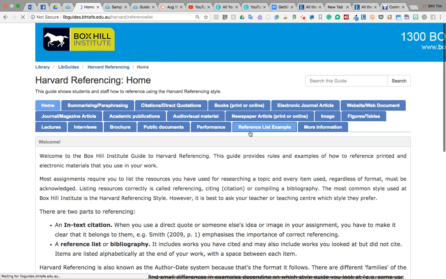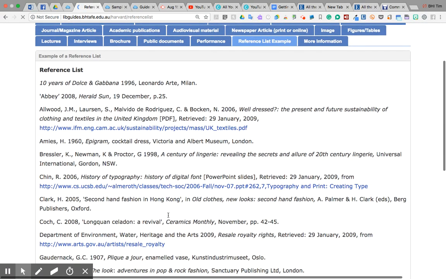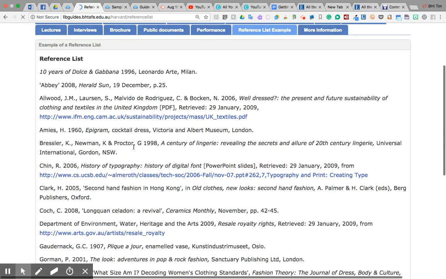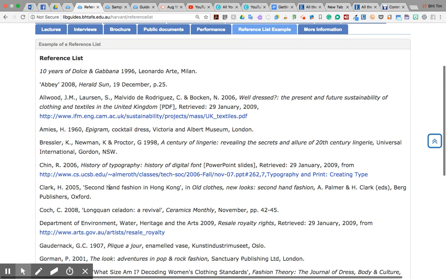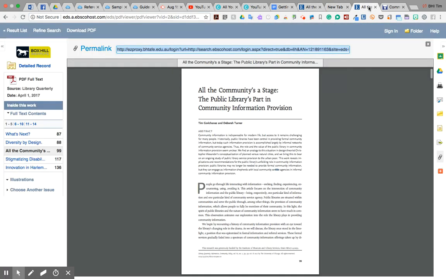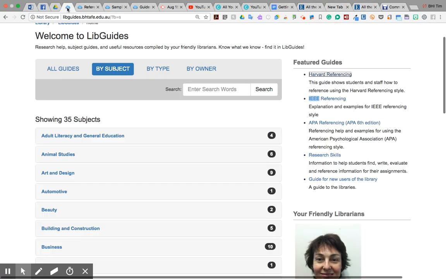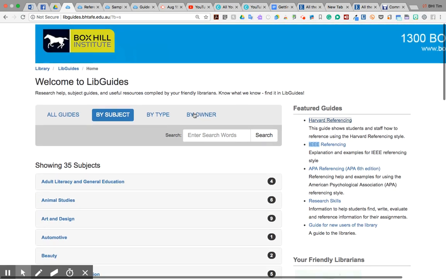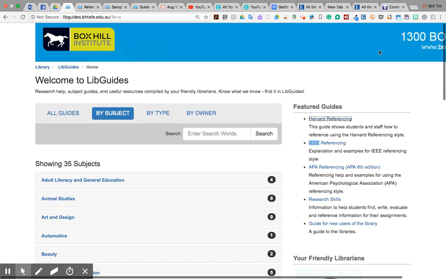And there's also even reference list examples, so you can kind of see the finished product and see what it should look like. Obviously, the indent is not there, so that's not perfect. But regardless of that, I did find another sample here. But anyway, that's how you get to the Lib Guides, that's how you get to the samples, and that's some quick tips for referencing. Good luck.